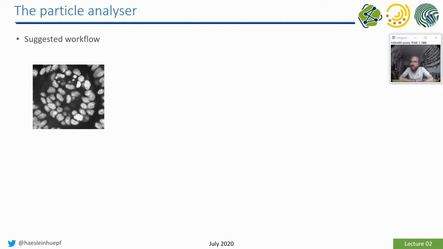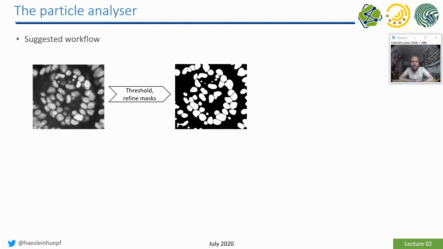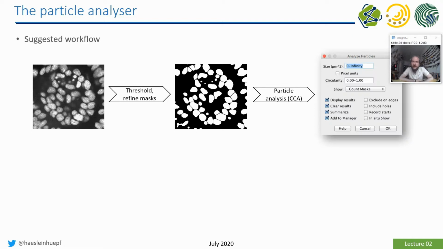Then just a reminder of how this typically looks. You start at your initial image, you apply some filters to it, you do some noise removal, background removal. At some point, you do thresholding, and maybe you do some refinement of masks afterwards. So for example, here I'm pretty sure that I applied the watershed algorithm to this data set. And then you go to the particle analyzer, the menu Analyze Particles,